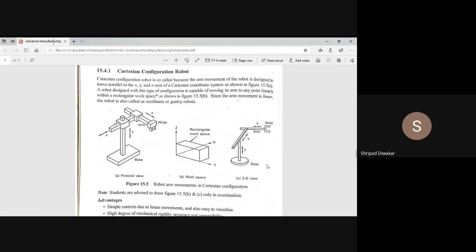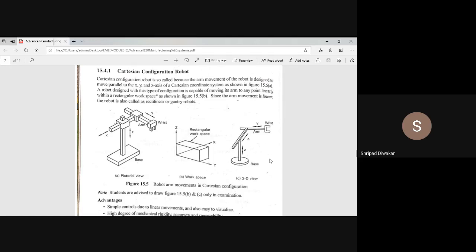You have to sketch, explain what kind of configuration it is, and then write the advantages, disadvantages, and application. These are the five points you should remember: first, sketch of the configuration; second, explanation; third, advantage; fourth, disadvantage; and fifth, application.